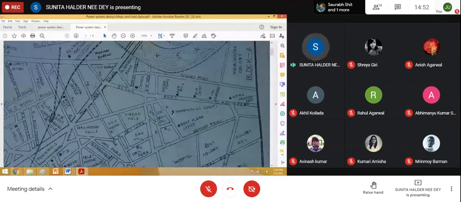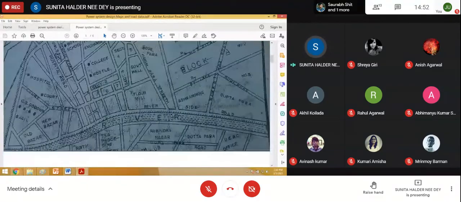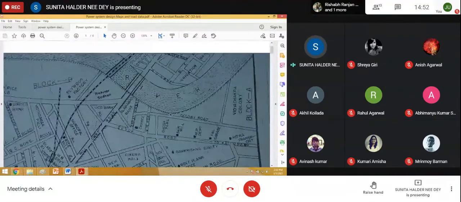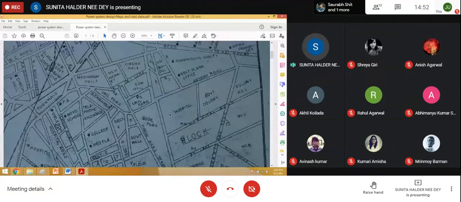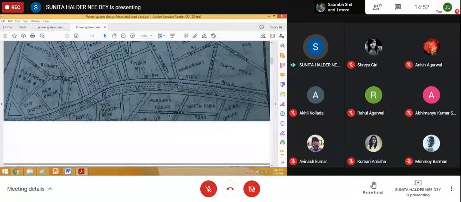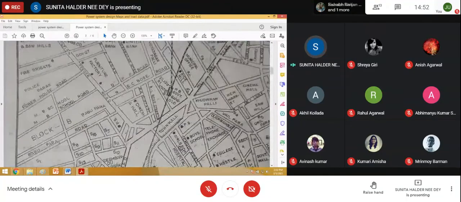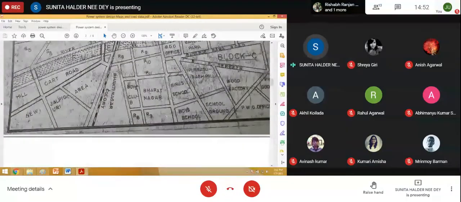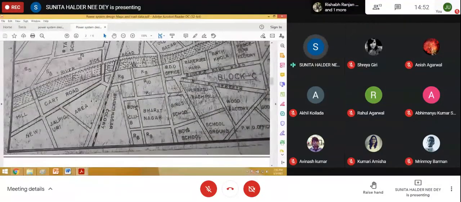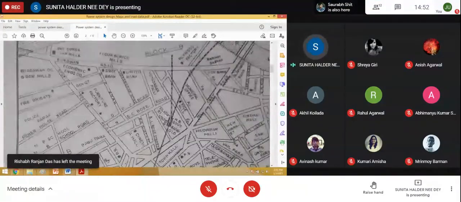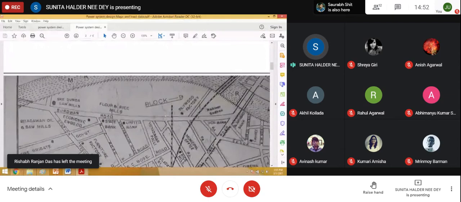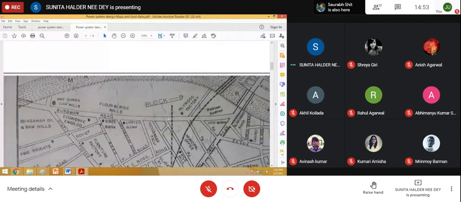Okay. So now it is quite difficult to do the design class in this way, but still we have to do it. If possible from your end, you can take the printout of this map. Total map will not be required for everybody. There is a part of the map that will be required, so you can take the printout of only that part. Then the design will be easier. Understood? Understood or not?